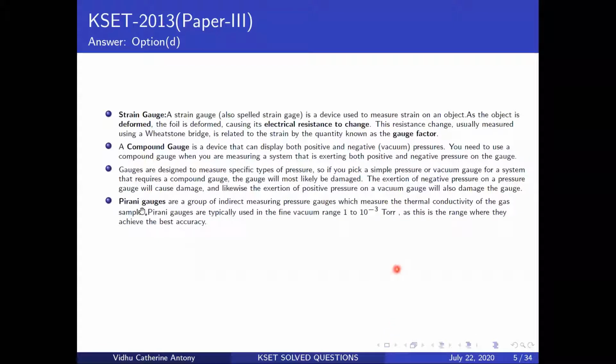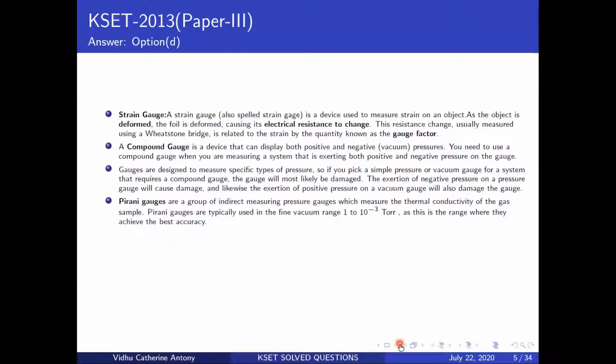Okay, so now let's look at the Pirani gauge. Okay, so the Pirani gauge is basically going to be measuring from about 1 to about 10 to the power minus 3 torr. And these are a group of indirect pressure measuring gauges. Okay, now what they do is basically they use the property of the thermal conductivity of your gas, and that's how they measure the pressure. I'm not going too much into the details of it because the second semester students have done it very recently. So basically the range is what you have to keep in mind.